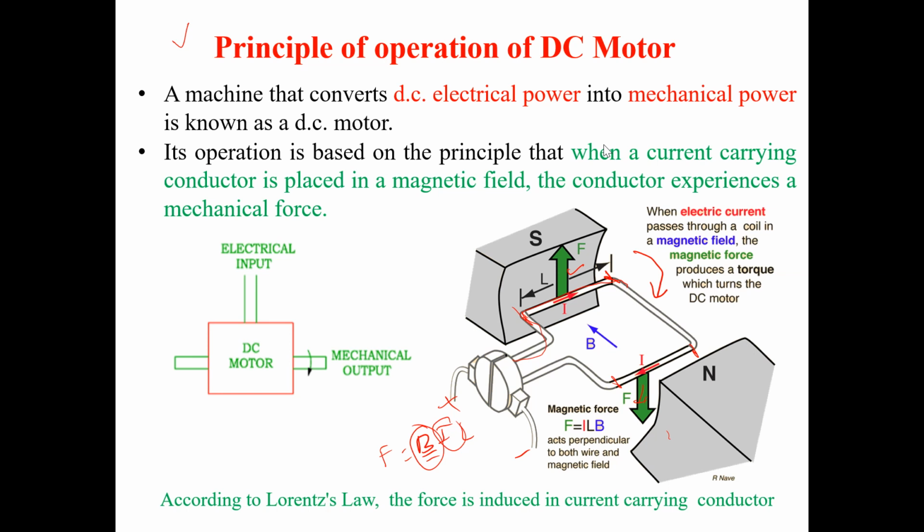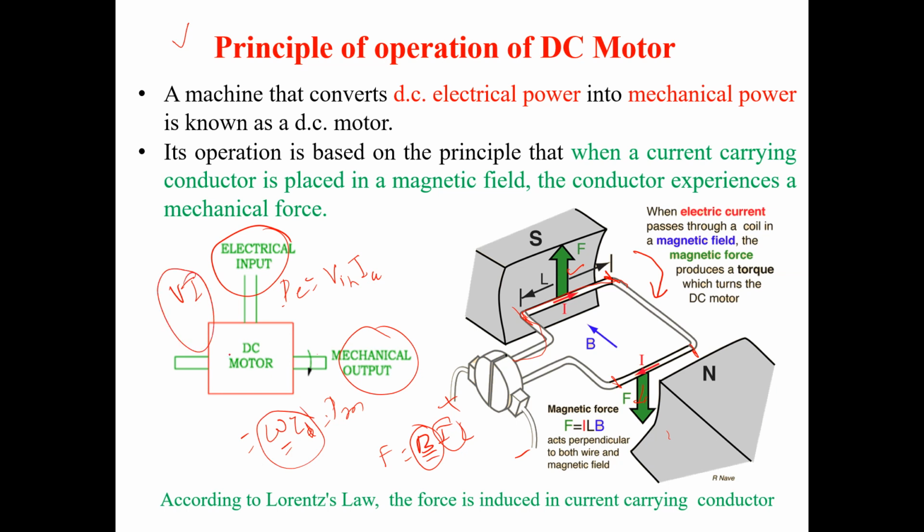That means a motor is nothing but a machine which converts electrical power into mechanical power. Here we have electrical power, here we have mechanical power. The formula for electrical power in case of DC is V into Ia, or V into I, and the output mechanical power is the angular speed which we get in the shaft into the torque developed, that is the induced torque developed in the motor. So this is the conversion of VI into omega into torque, and the actual power used is this mechanical speed.